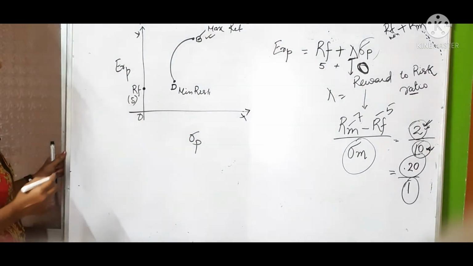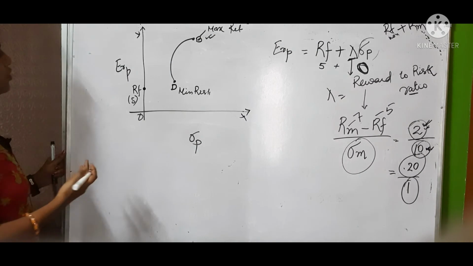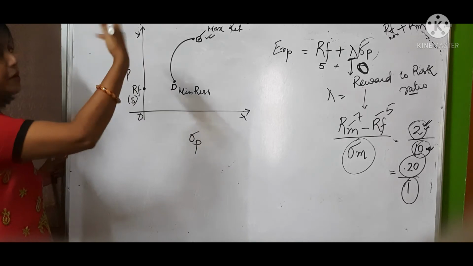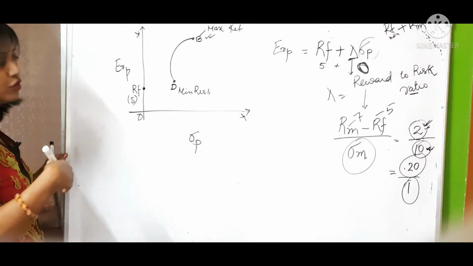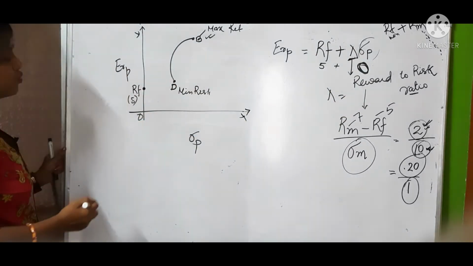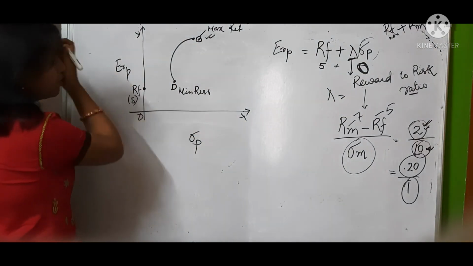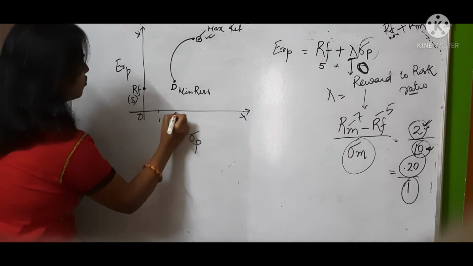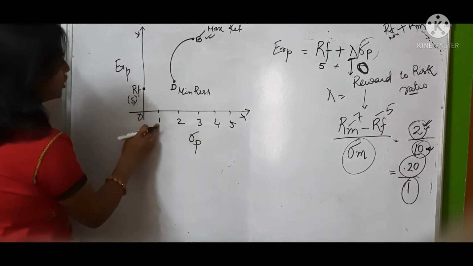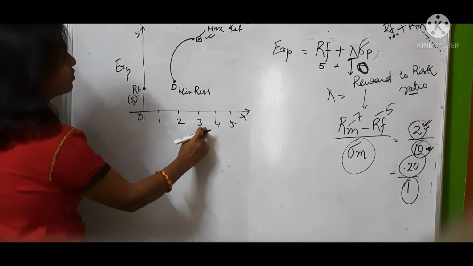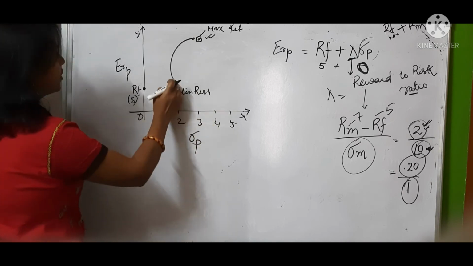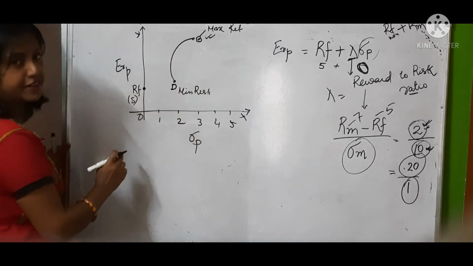But what happens if I have invested in the market securities? I must get 5, and over and above that I must get some premium also. I should get something more from the market. So what is that more? Now you see, if I take some risk, suppose 1, 2, 3, 4, these are what? These are standard deviations, 1 standard deviation, 2, 3, 4, 5. For example, B carries 3.2 standard deviation risk, D carries 2 standard deviation risk.